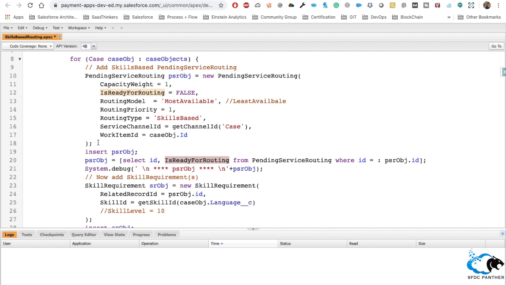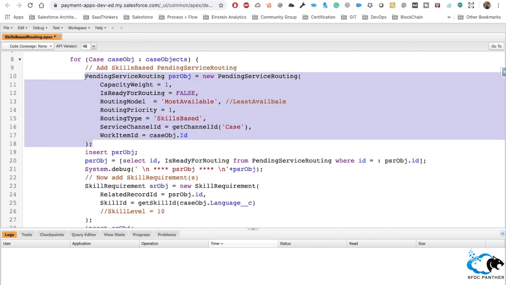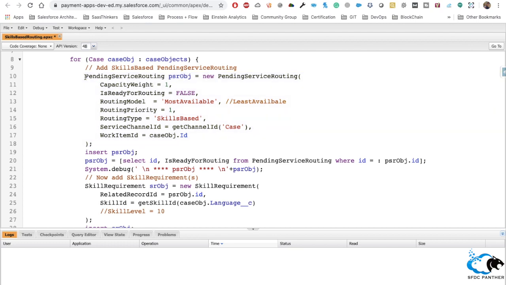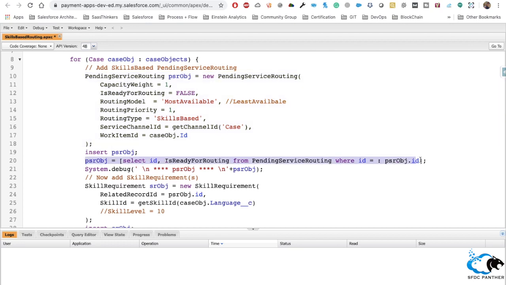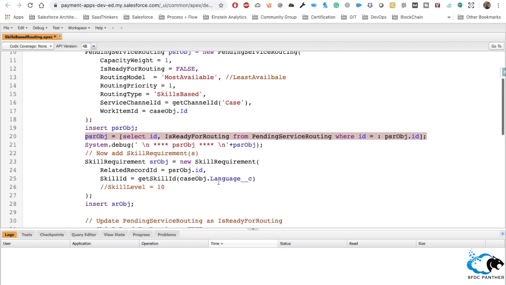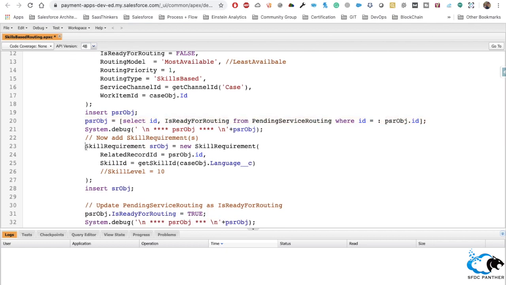If you notice, till now when we prepared our pending object, it doesn't contain any skill: which skill we need to route, or which skill the agent must have, where we wanted to give a pop-up to the user saying that here is a new case for you, or here is a new work item for you.